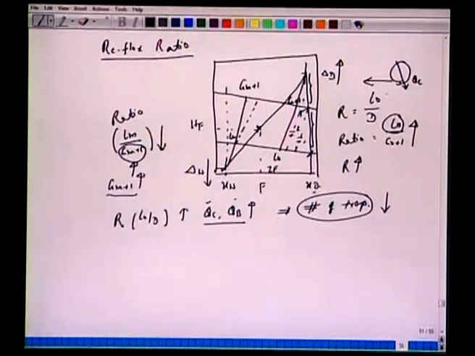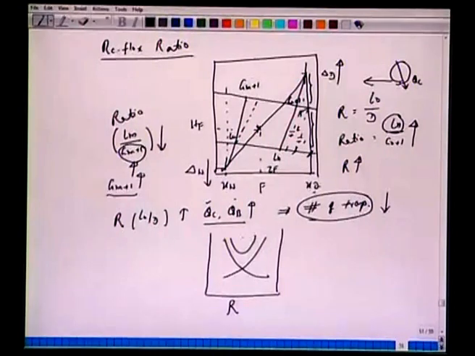Otherwise, also think of it from the mass transfer point of view: if you increase the reflux ratio, the driving force between the vapor phase and the liquid phase increases and we have fewer trays. So, there is always a cost consideration here. If we plot reflux ratios, because of QC and QB the cost will increase, but the fixed cost of the number of trays will decrease, and there is some kind of optimum here.